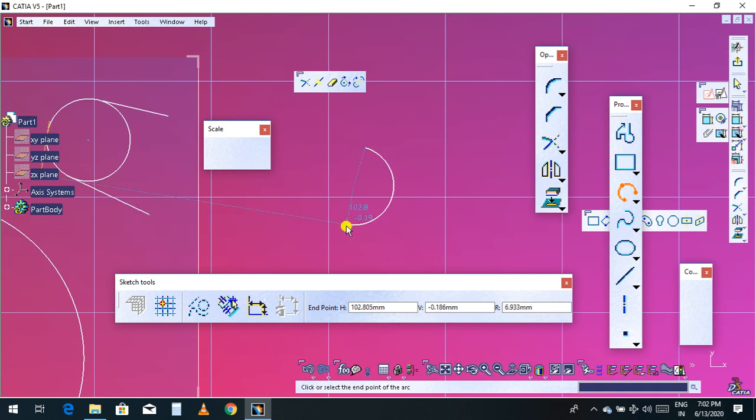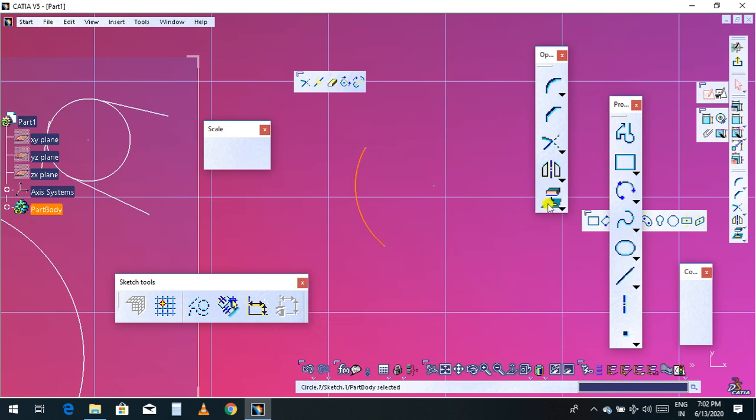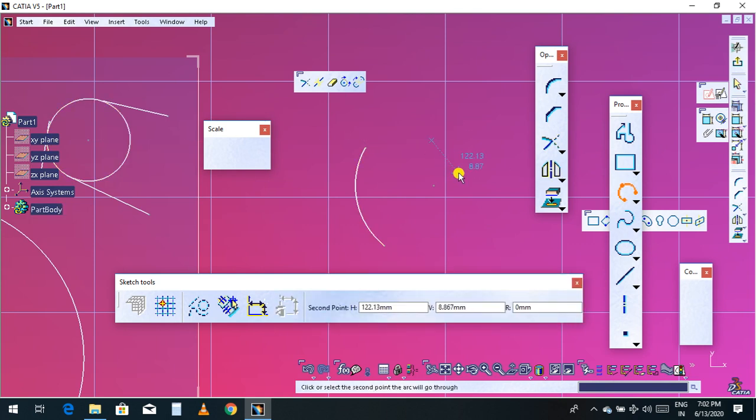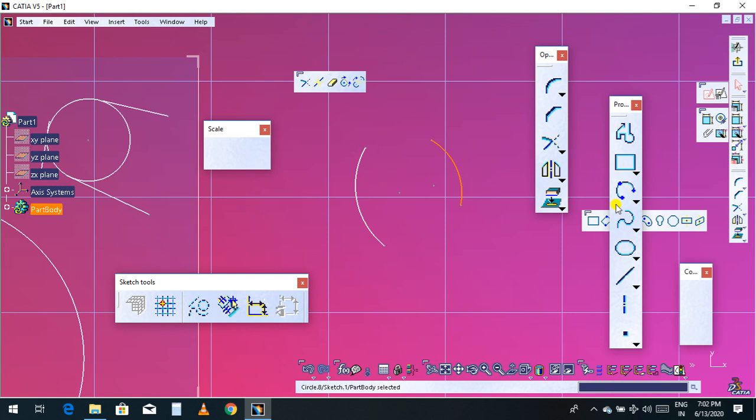So you can choose based on the requirement. So this is the 3-point arc, and choose one more. So this one is completed.